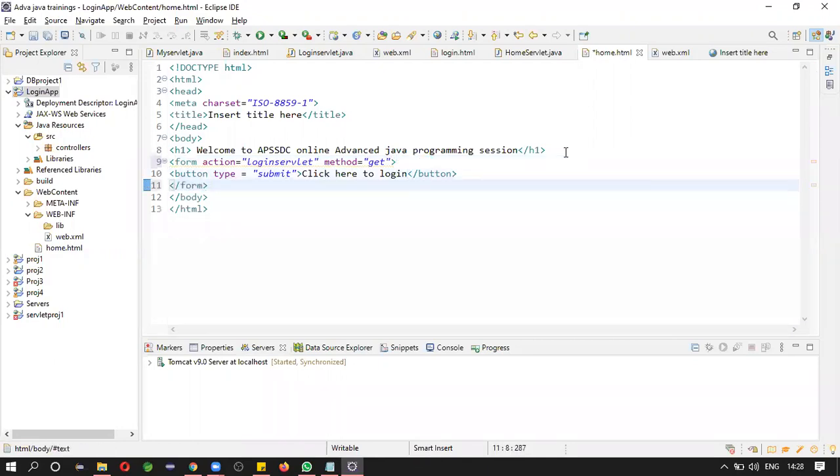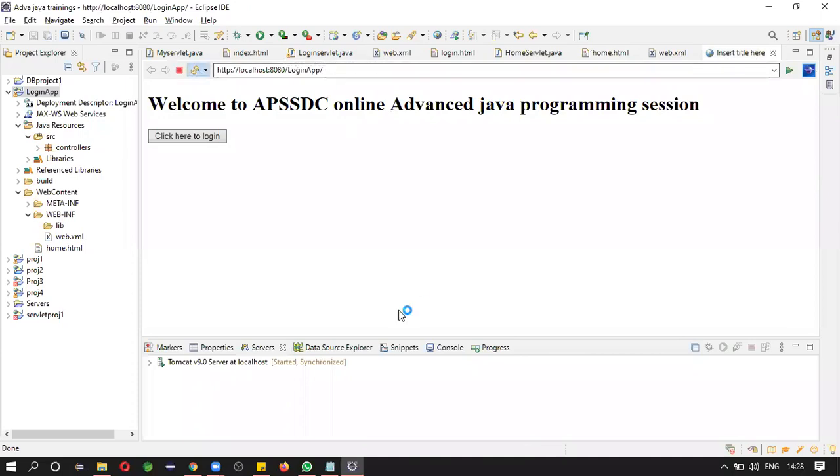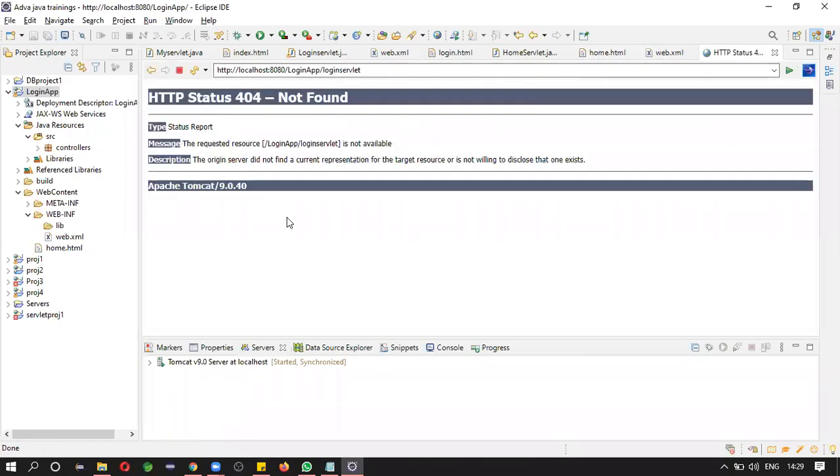This is form. Save this. Server is already started, you can just retry this. Just we added form. See what it is saying. 404. 404 means resource not found.